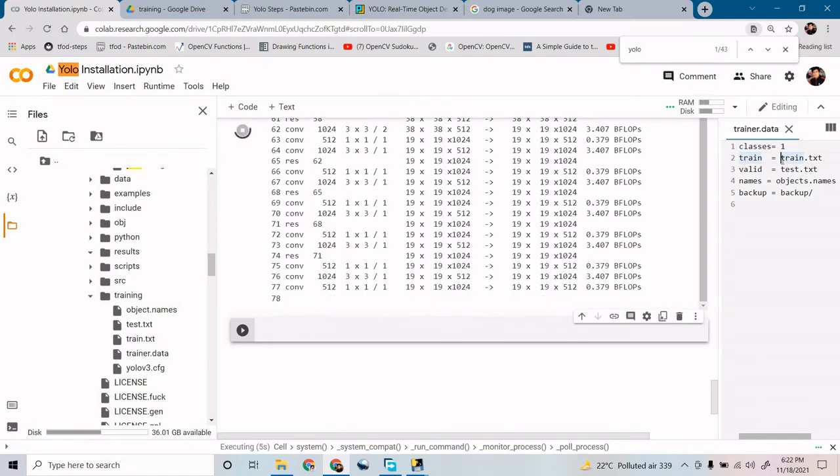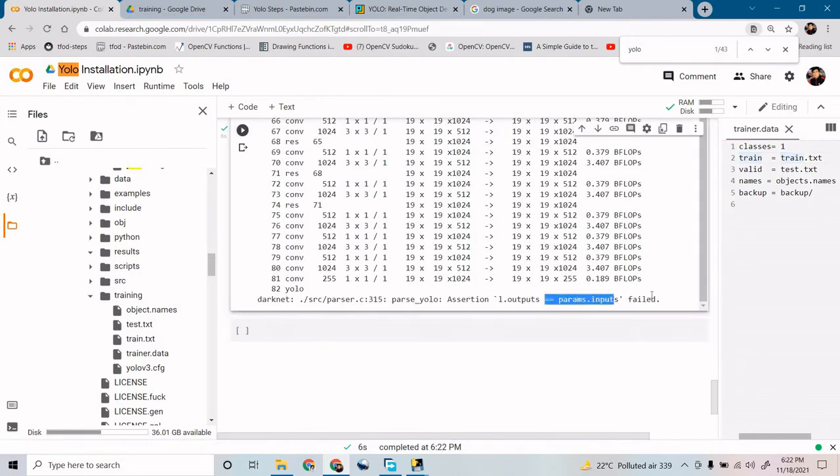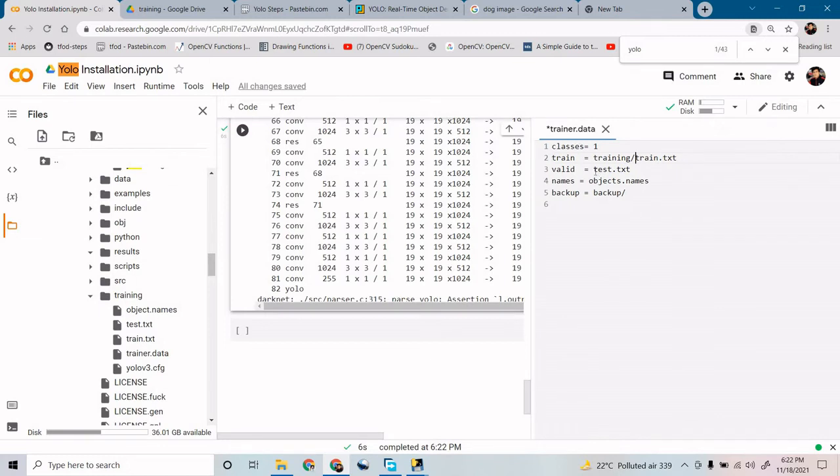Okay, it is saying partial and session inputs failed. It is not able to find the inputs. Now, what is the meaning of backup? If you remember, inside your training folder, we are going to save all the files, right? That was just saving all the files over there. That is totally fine. And I can give training inside your train.txt and training. I think this should not be like this. I don't know why.